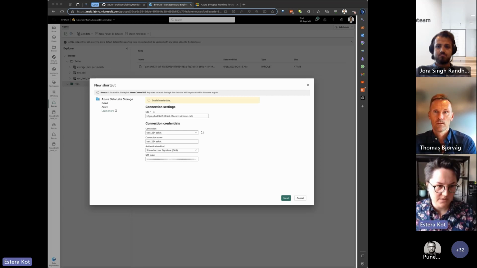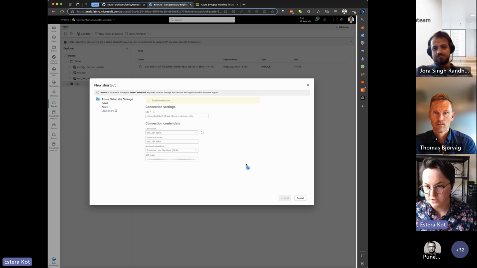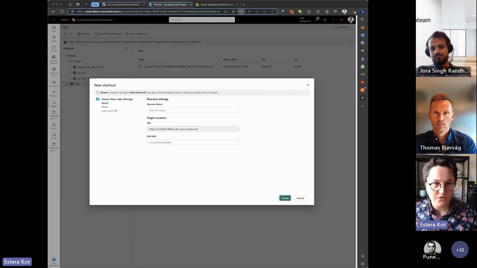And now let me create a new SAS token that will work for the next week. And I will just copy here and check if that works. Good, it works.